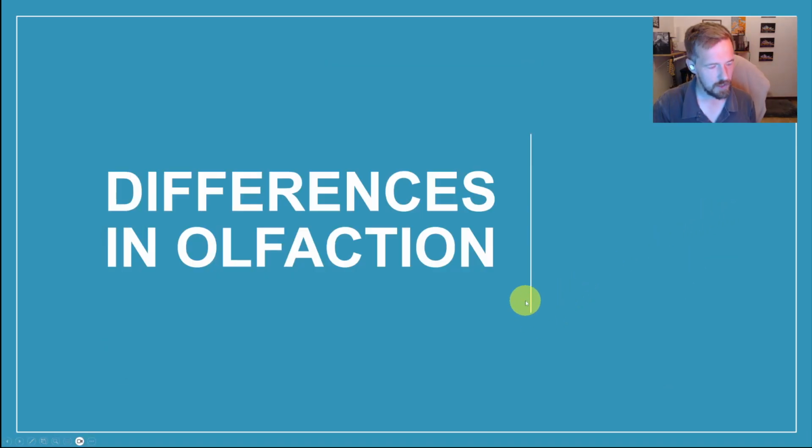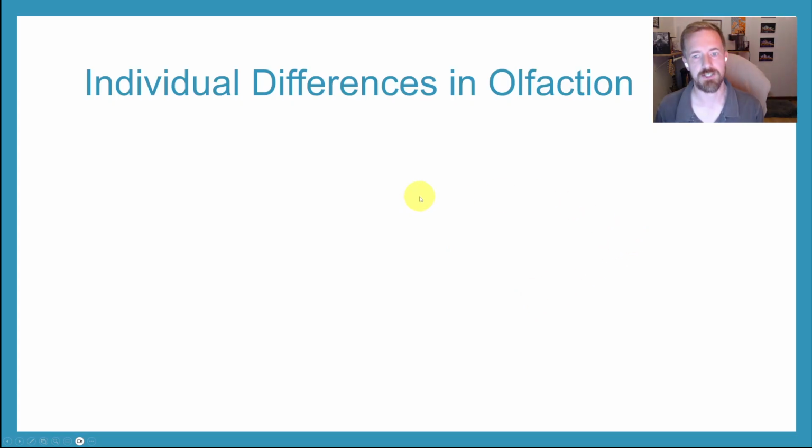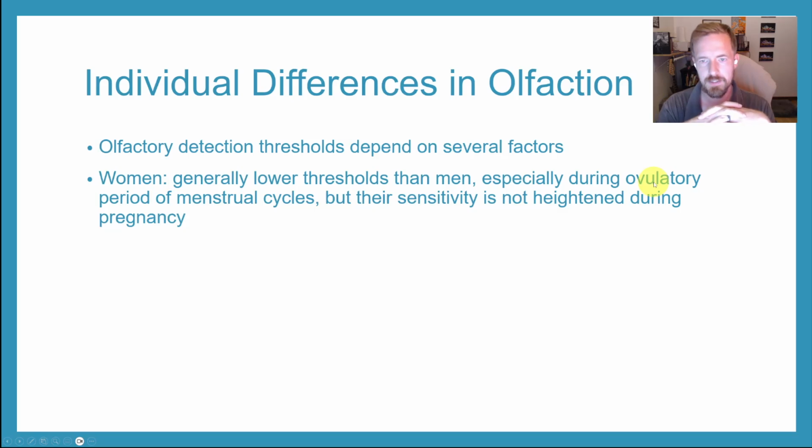All right, so let's talk about differences in olfaction. We already talked a little bit about this, right? Because we were talking about how specific anosmia means that some people smell some odorants one way versus another. And now that I think about it, this is actually kind of profound. If you think about vision, we don't have that with vision. We don't have where, oh yeah, 20% of the people see blue as red, let's set aside cases of color blindness where someone doesn't have a specific kind of cone.